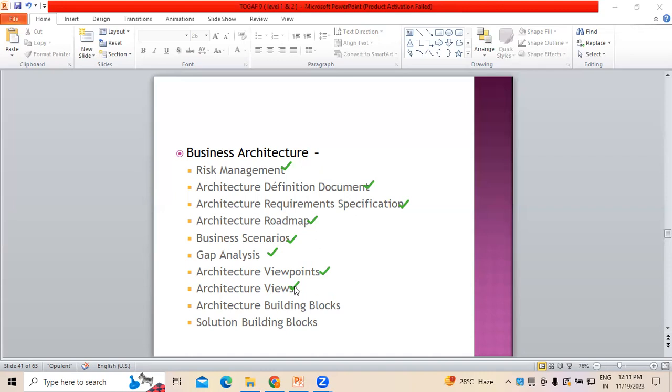At the same time, there are architectural building blocks, where we need to develop different building blocks for the architecture, which is essentially important when we are working on application development, followed by solution level building blocks, etc. So these are the different things one has to consider whenever working on the business architecture, especially as far as architecture principles are concerned under the TOGAF framework.